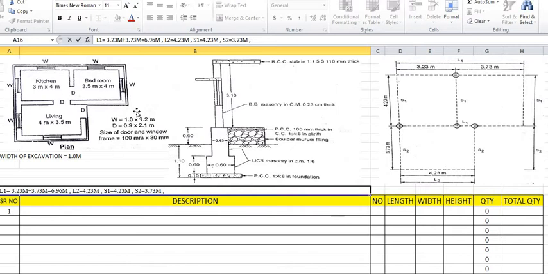We have to divide the complete figures into long wall and short wall, and decide how many long walls there will be and how many short walls there will be, and we have to give the numbers such as L1, L2, L3, L4. That is the numbers given to the long walls, and S1, S2, S3 are the numbers given to the short walls. So here L1 and L2 are the long walls, and S1 and S2 are the short walls.